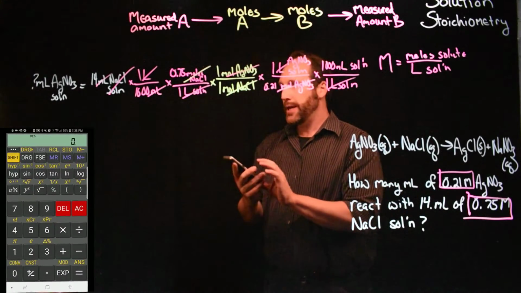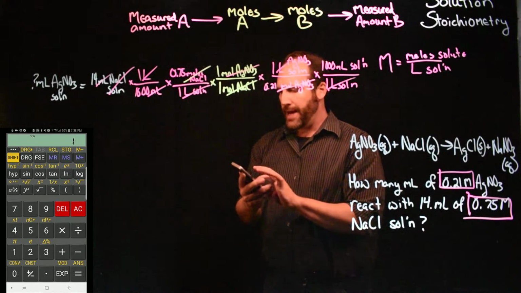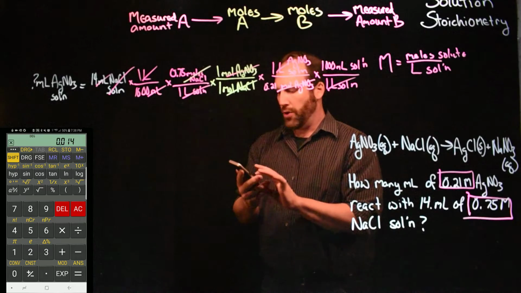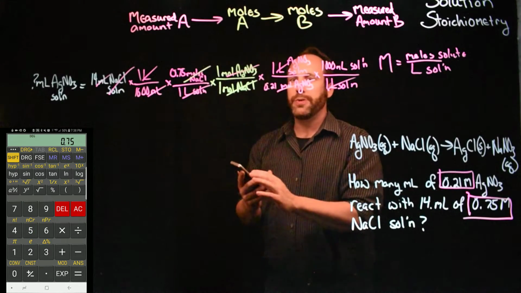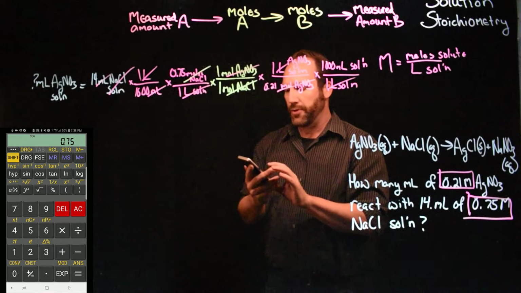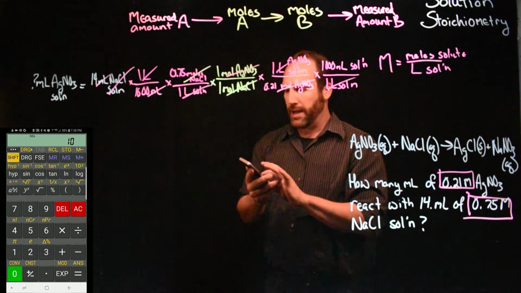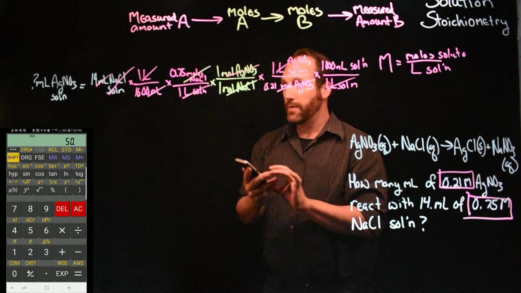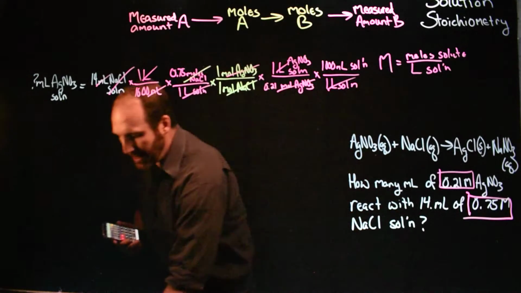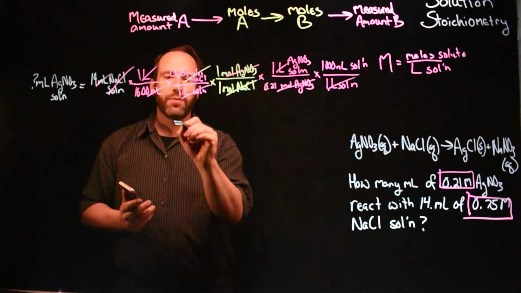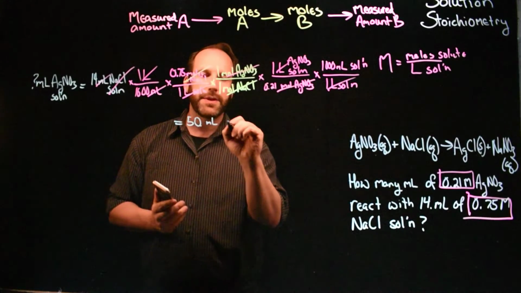So my calculator here, so we start with 14 mils. We divide that by 1,000. We multiply by 0.75. It's a 1-to-1 ratio here, so then our next step is to divide by 0.21 and then to multiply by 1,000, okay? So our answer here is 50 milliliters. So this equals 50 milliliters of